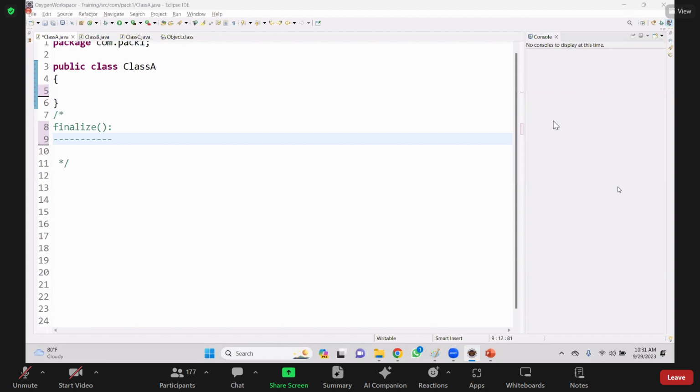Garbage collector. I'm not speaking garbage collection. What is the word I'm using? Garbage collector will monitor every Java program. In the background of every Java program, it will continuously work. That's the reason it is known as a daemon thread. It will work continuously. It will act on your program if there is an object eligible for destruction. For example, just for example,